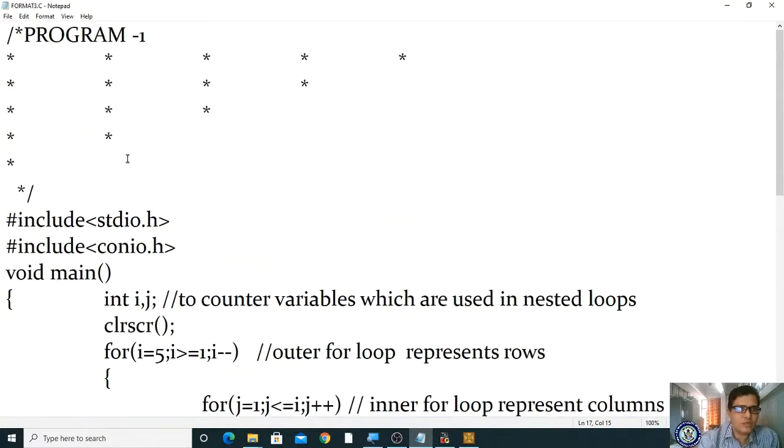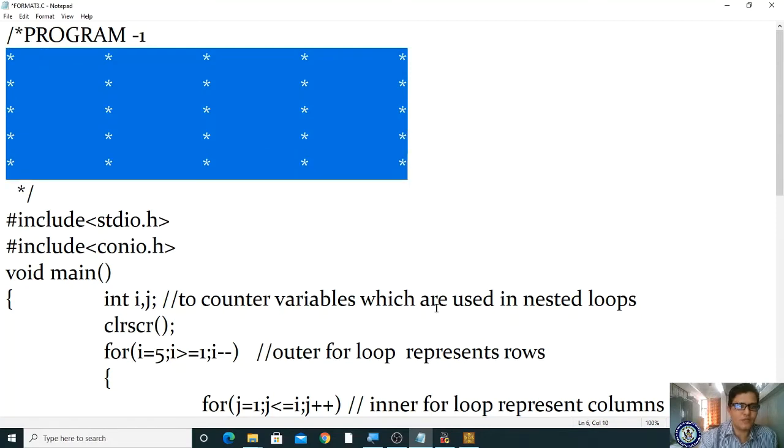And now the next concept is that I want to print this format. Let us try how to print this format. Okay, yes. So how many rows and how many columns exist here? It consists of 5 rows and 5 columns. Now this is the aim of our program. So how do we print this format? Clear? Yes, to print this format of 5 rows and 5 columns, what are we supposed to do?